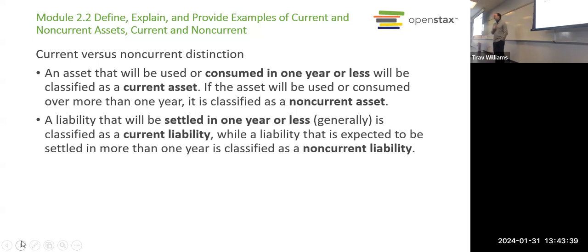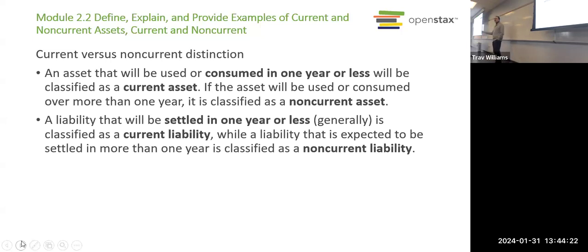Okay, so what does current mean in accounting? Something like it could be paid off in a year. Okay, so it means if we're talking about liabilities, that we can pay them off within a year. If we're talking about assets, it's money we plan to either use or an asset that we plan to use within a year. Or at least we could. Like, let's say we have cash in the bank, we could spend that anytime. So even if we're not going to, just the fact that we could spend the cash makes it a current asset. Okay, so if it's possible to use it within a year, it's a current asset.